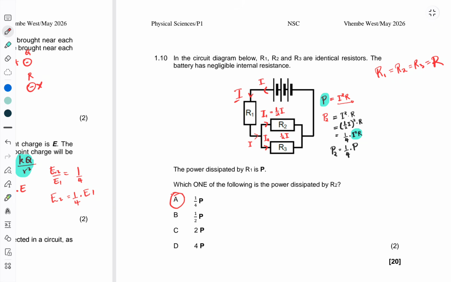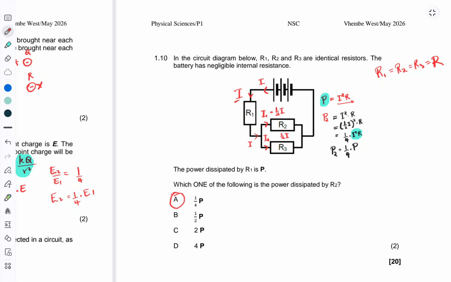Remember, we even use ratios sometimes to decide how the current will split across each resistor, right? Stuff like that you must always remember, because it will save you a great deal of time, like in a case like this. You could have used voltage, but that was going to take you some time. That's another option that you had. For me, I use current because it was the easiest one to use in this case. Okay,